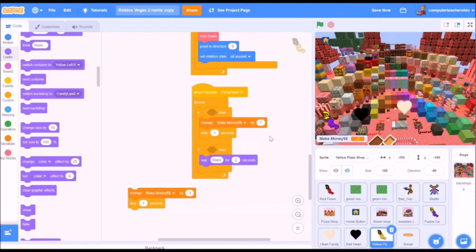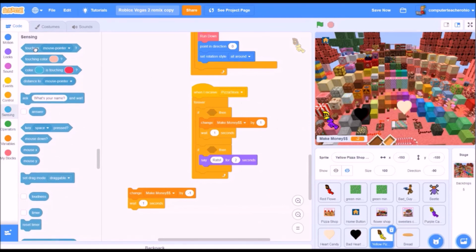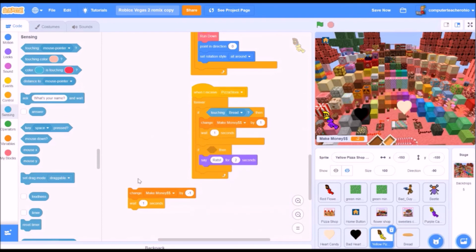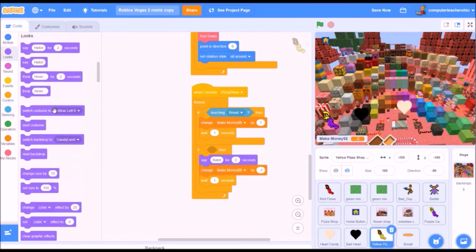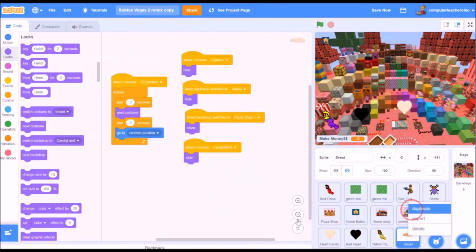All right, let's go back into the pizza shop guy. So let's go ahead and adjust this. If I receive my pizza shop broadcast message, forever I'm in a loop. If I touch the bread, then my money goes up by 1, and I wait 0.1 seconds. Okay, and I'm also going to say yes. And I'll duplicate that bread